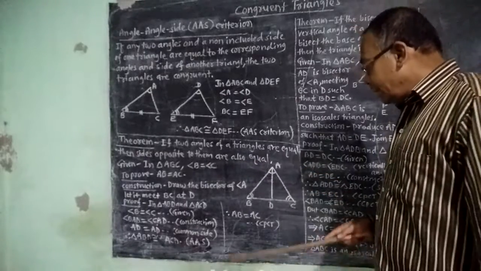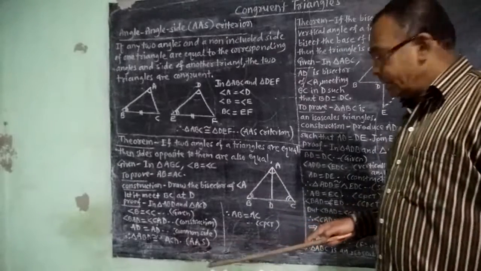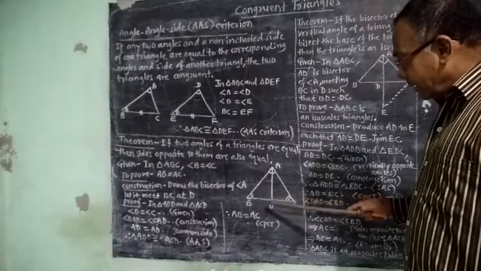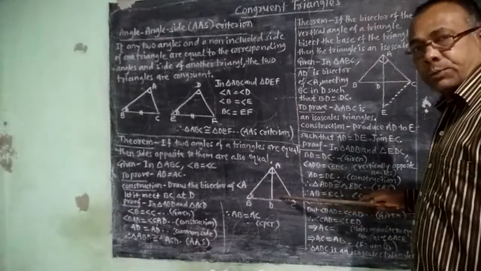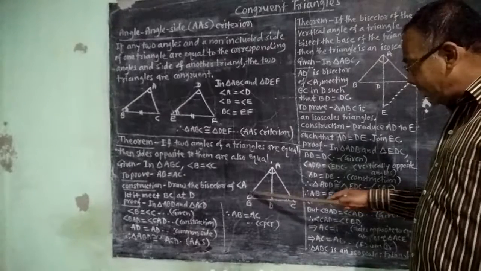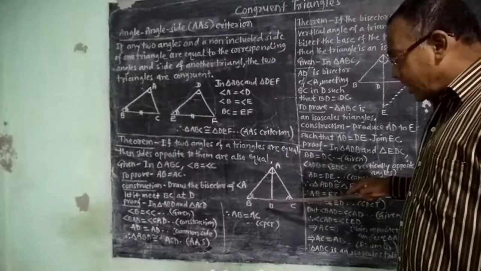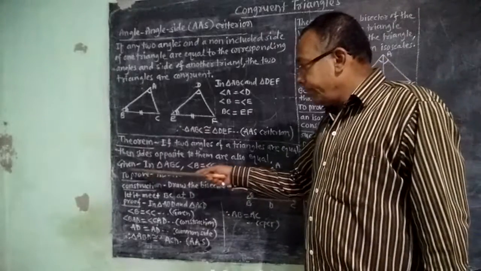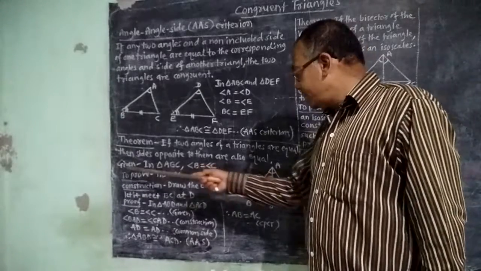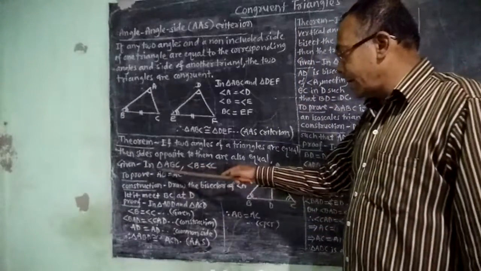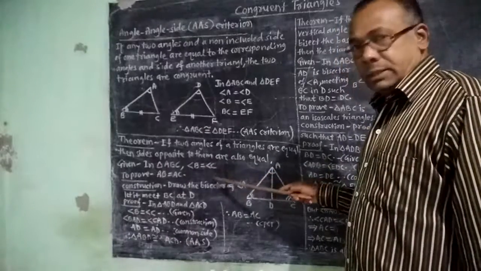So here in a triangle ABC, angle B and angle C, both the angles are equal. It is given that angle B and angle C both are equal. Now in the given, we have to write the information about the figure. Here in a triangle ABC, angle B equal to angle C.